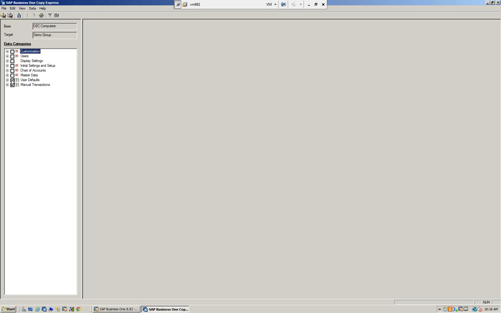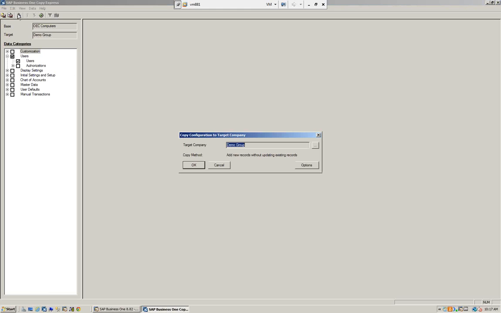So for example, what I recommend to do, and what we do here, is we will do it typically as we would set somebody up. So usually what I will do is I will do, let's say, the users. So you can see I can click that, and I can bring the users over. What that'll do is bring the users from one company to another, and you can see they're not dependent on anything else. So I would, again, just go through the way I would set up SAP Business One. I will do that. When I go here to execute,